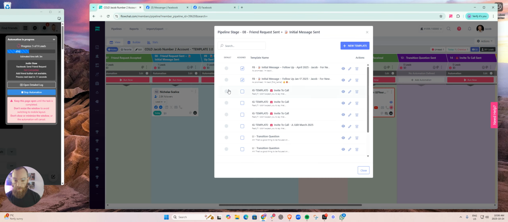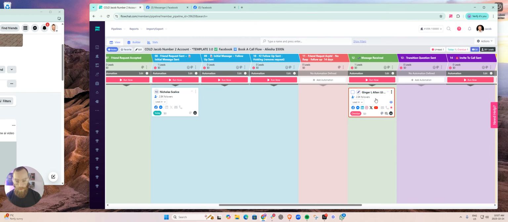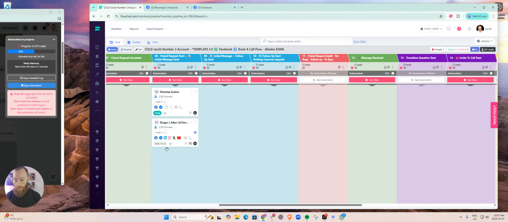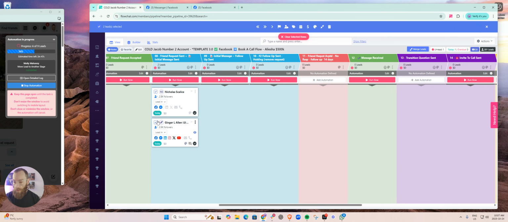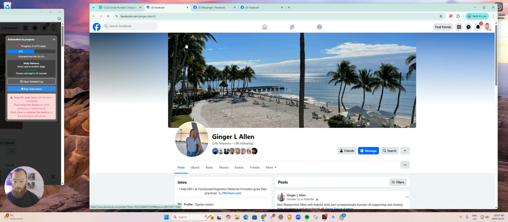So as long as I come back here, what I can do is I can grab this, or we have two versions here. So if I didn't like that version, I can grab this version, right? And what I can do is two things. I can just copy this here, or because I know Ginger responded, I can just move her back here, and then I can set the date for today. And then what we're going to do is just run the automation here, because it's okay that Ginger responded, right? So here, boom, boom. I can do more personalized as well. That would be the other thing that we can do, is go look at Ginger's profile again.